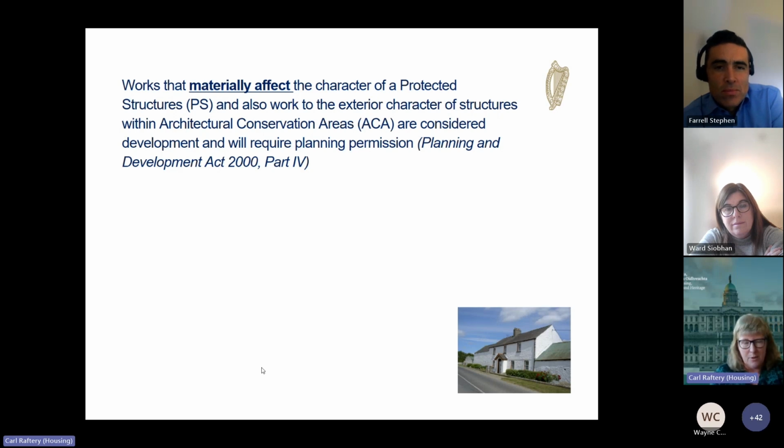and require planning permission. For a protected structure, for example, this building down here in the corner, it's the exterior, the interior, the curtilage, the boundaries, and any buildings within that site that are part of that protection. And any character elements of those are part of that protection. So that's a really important thing to do, to understand that it's the entire fabric and associated buildings that's protected. Okay, that doesn't mean if you've got a